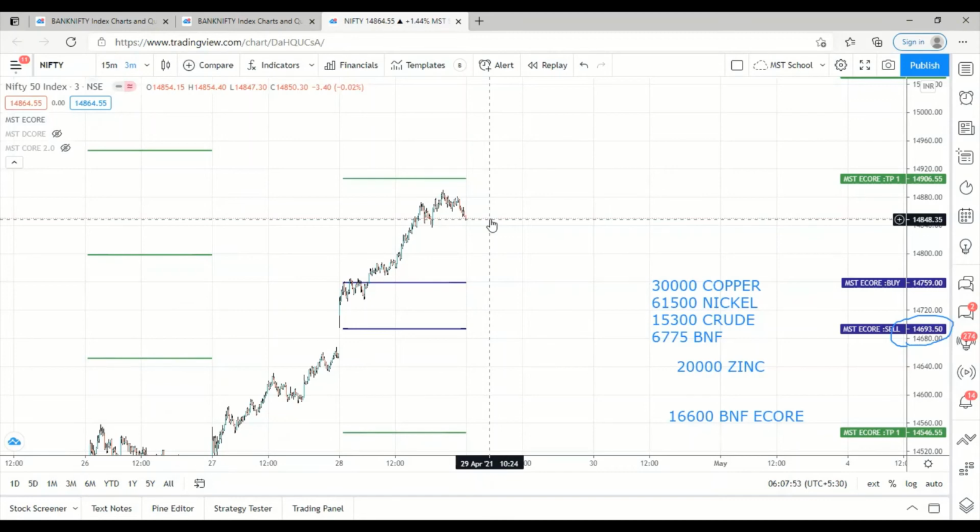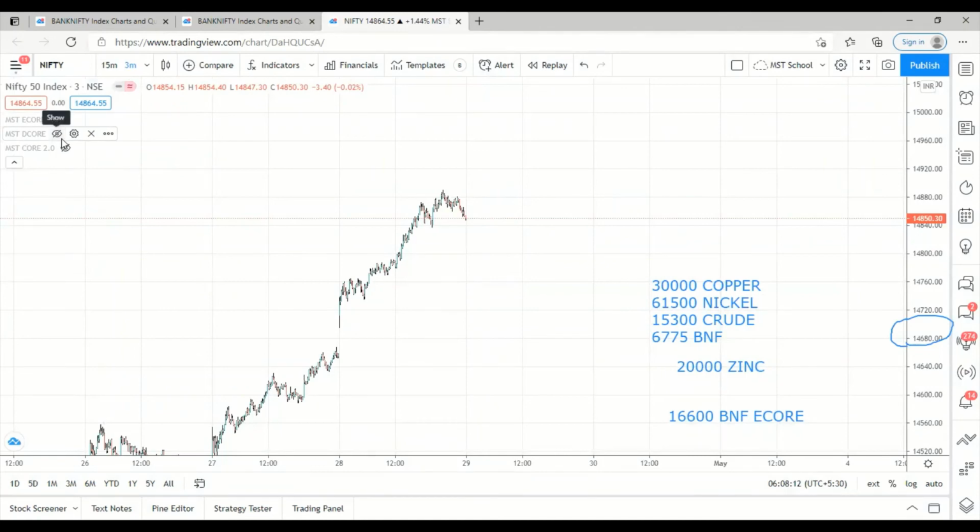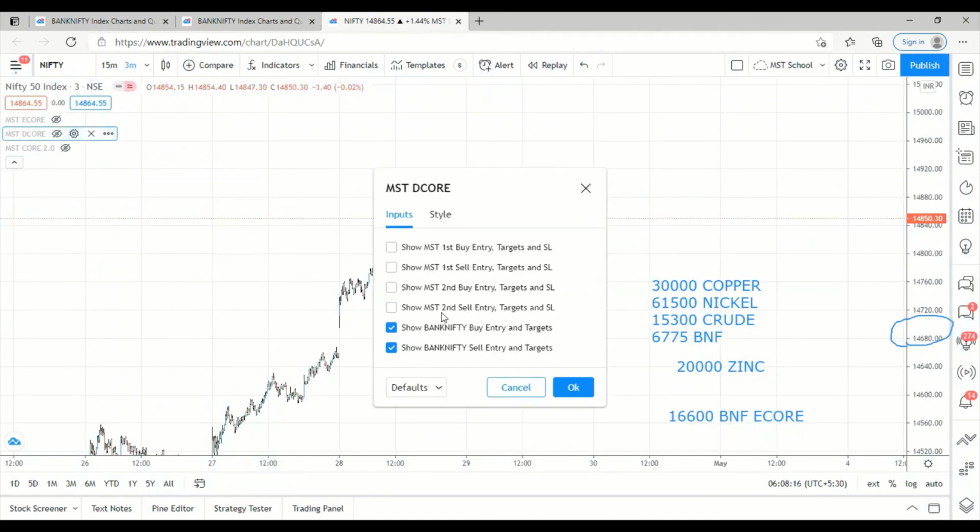So this strategy we have built only for the Bank Nifty, but fortunately it is working for all the equity and stocks. So this is simply a breakout strategy, but in a breakout strategy we have used some other formula to decide whether we have to trade or not. Okay, so this is our indicator performance today.